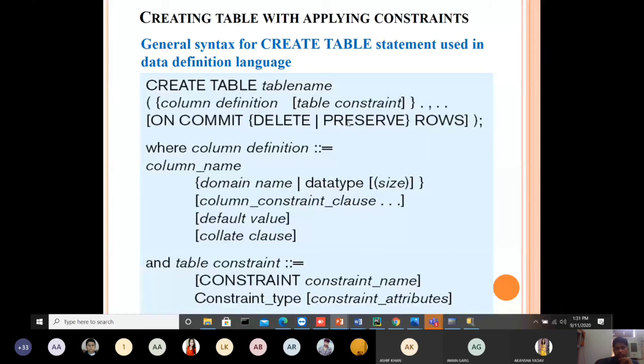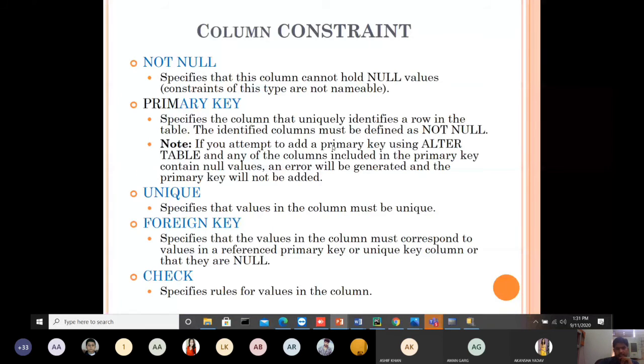So what are those column constraints and table constraints? Following are the column constraints. One is not null, which is used so that a column should not hold any null value. Primary key constraint specifies that an attribute becomes a primary key, and it must not be null and must be unique.